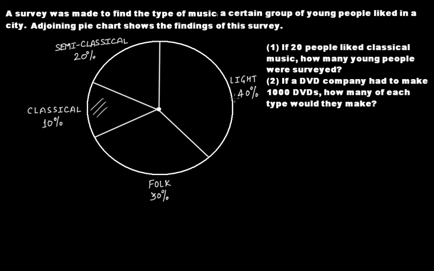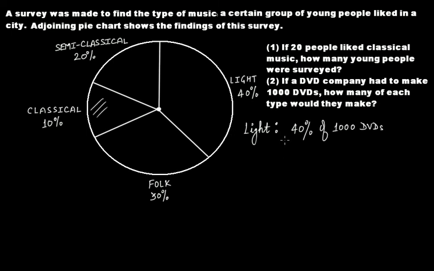So if 40% people like light music, 40% of 1000 DVDs will give us the number of DVDs that has to be made